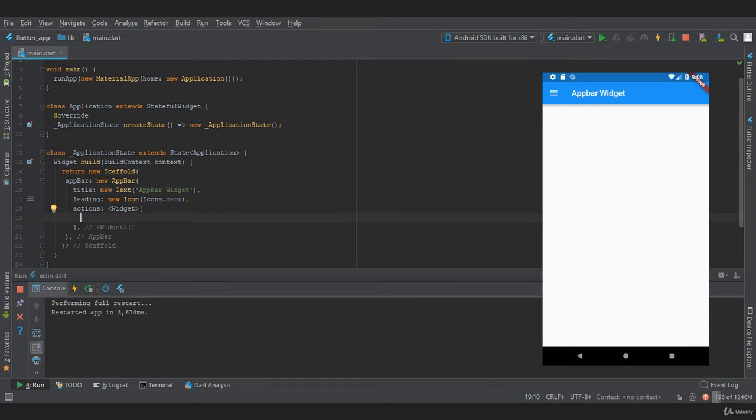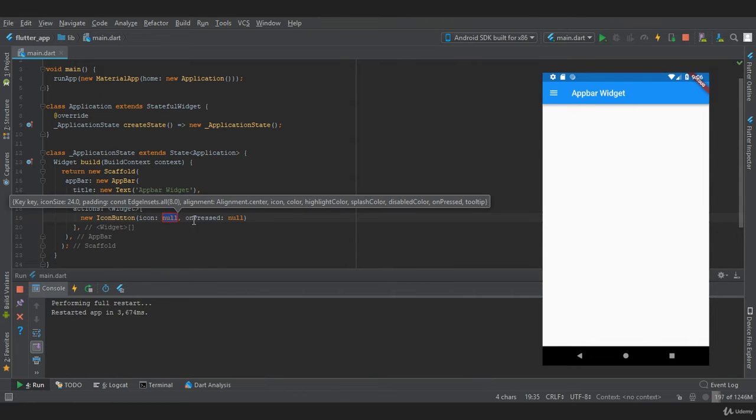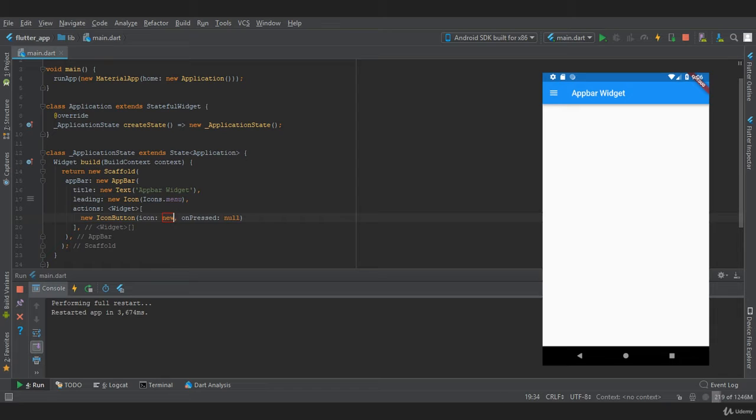Here we are going to provide two IconButton widgets, and in this we are going to perform an onPressed operation. In the icon, let's provide an arrow icon, and the second IconButton that we will provide will be the close icon.